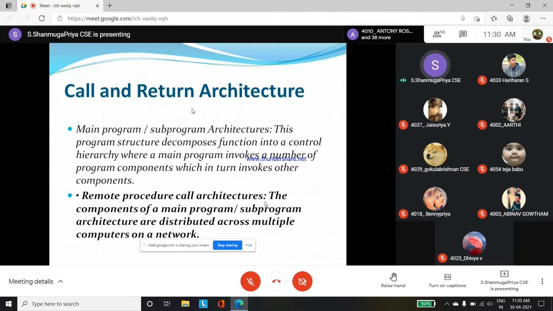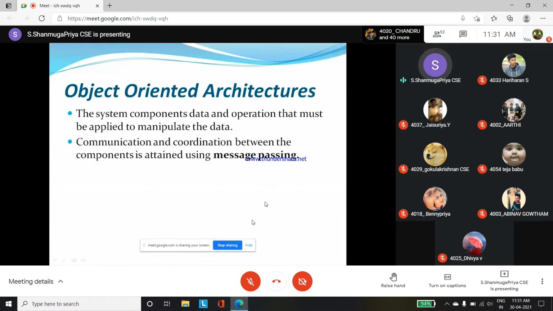As well as if they want to withdraw an amount, that is also possible automatically in their account. The balance amount will be automatically reduced. If they want to credit some amount, they will do that automatically. So they do all the process on their side, but it is reflected in the main server. In this way it is working, and that concept is called call and return architecture. One example of call and return architecture is this one.